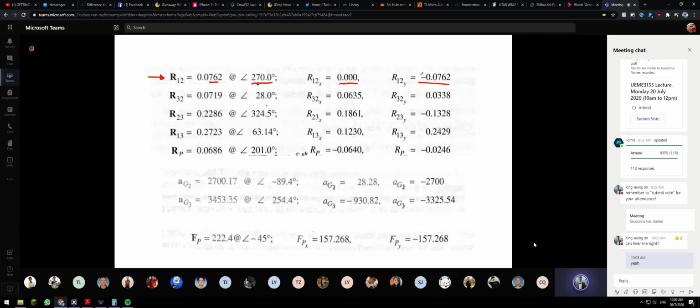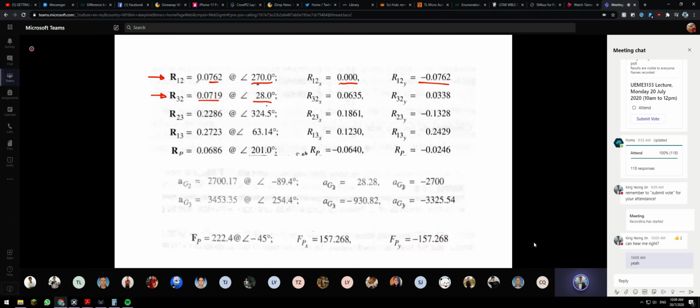Okay. Then R32 is 0.719, with the angle of 28. So if you calculate that,